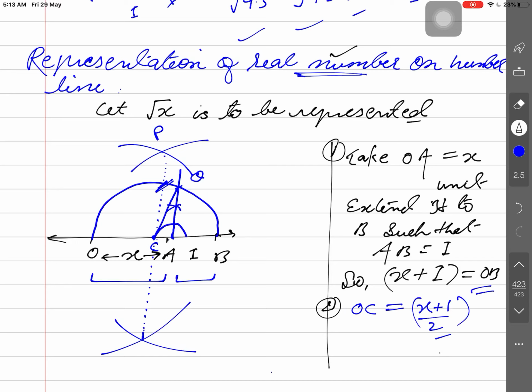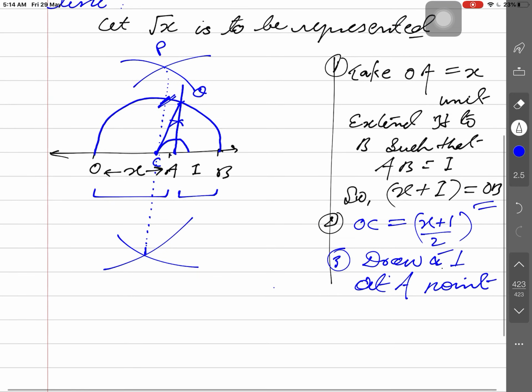So a triangle is being formed here. What is the name of the triangle? CAQ triangle. The third step you will follow: what is the third step? Draw AQ perpendicular. Draw a perpendicular at the A point that intersects